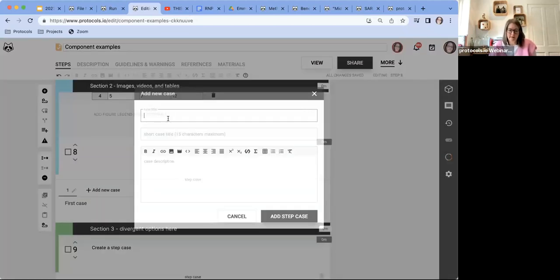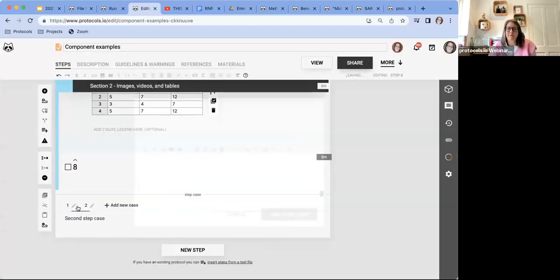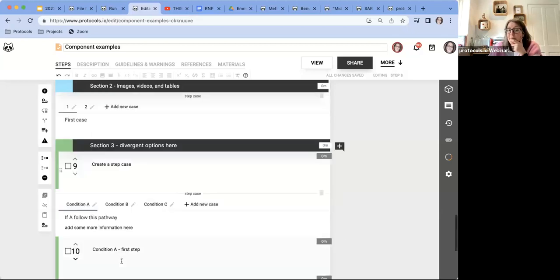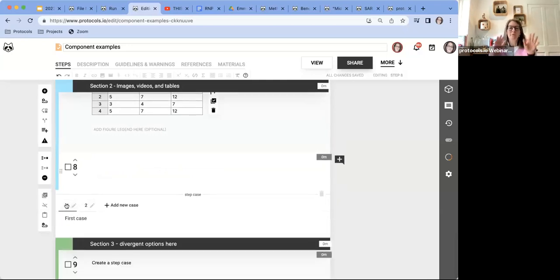I can add another one. Second step case, 2. Here we've got 1 and 2. So these have been added in. Now note that 1 is the one which then follows with the other steps. 2 doesn't have them. So normally you'd be starting here and you probably wouldn't already have steps following. But you cannot remerge after you've made a step case, but you can copy steps to paste them so that if you do something different, but then you come back to the same, you can just paste them all in